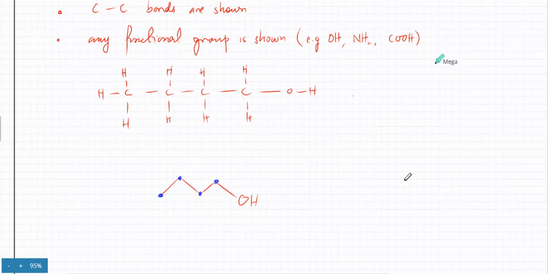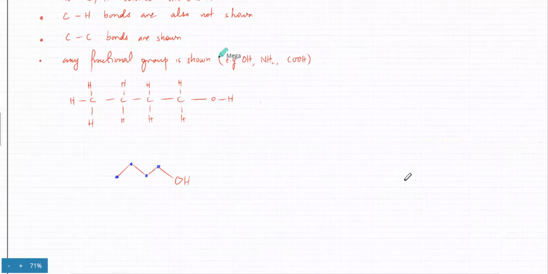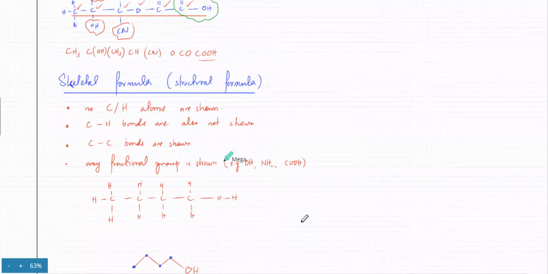So, what if the molecule was a bit longer? For example, if it had branches in it as well. Drawing this is really fast. You just have to draw a zigzag line. That's it. You just add in the functional group because every organic molecule is pretty much the same. It's a bunch of carbon atoms connected together, and there are some functional groups attached to it. Sir, how do we show a double bond?